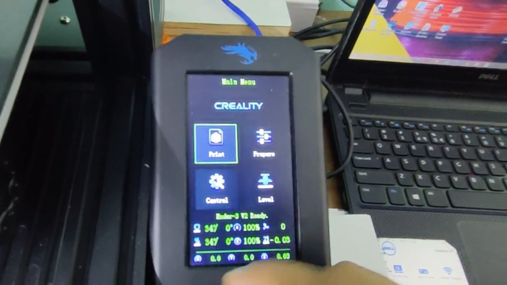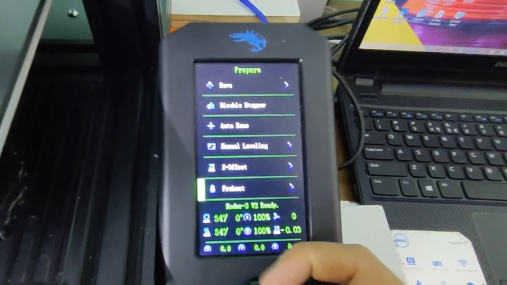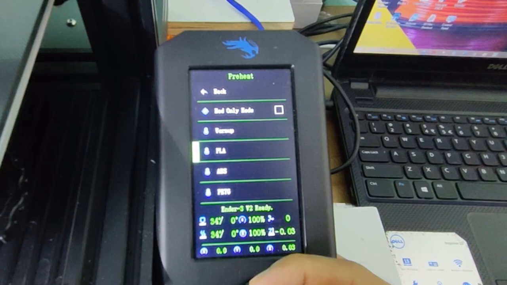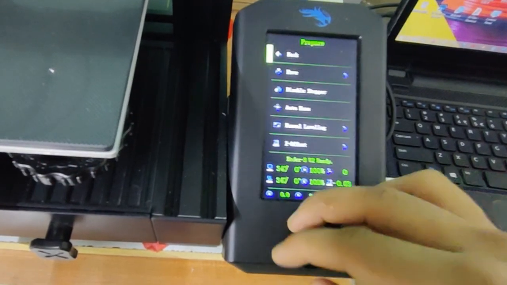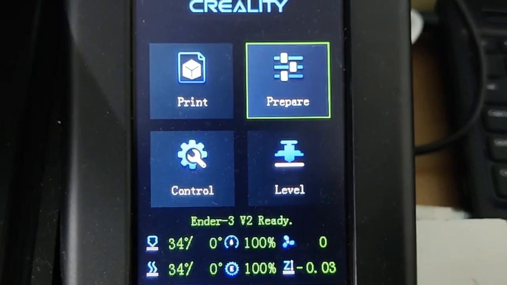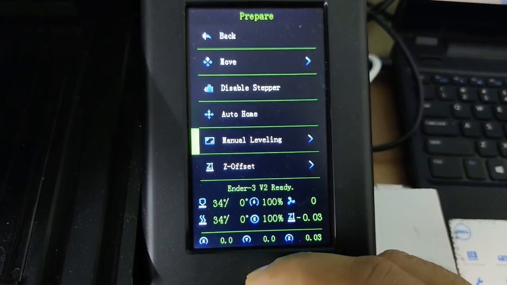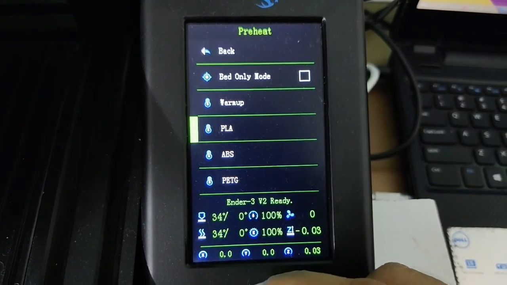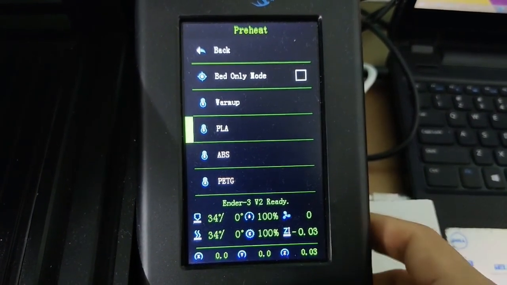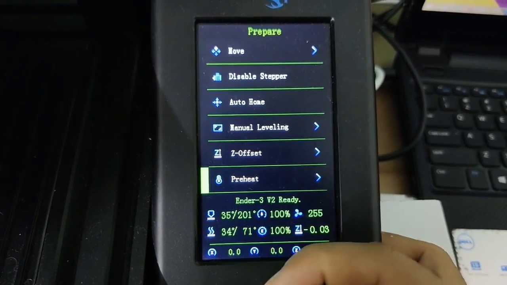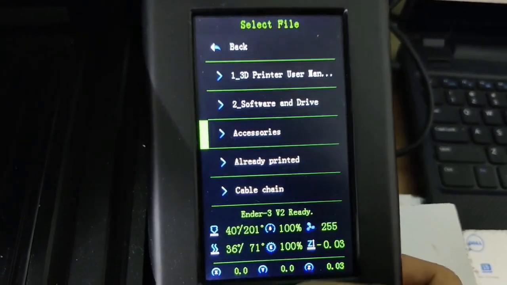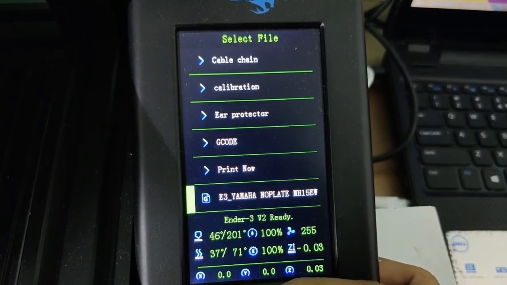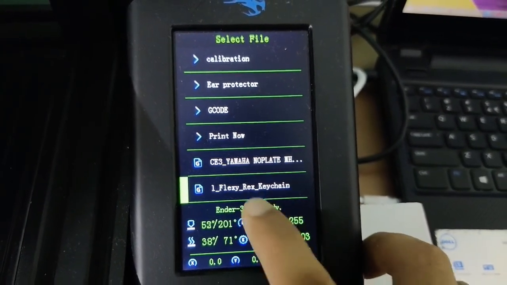Now we will heat the nozzle. Now we will select the file. This file.